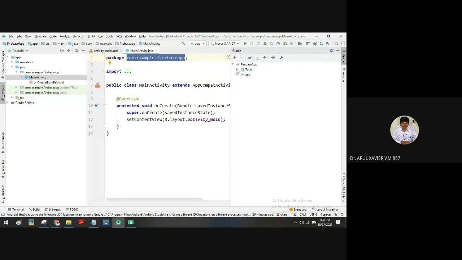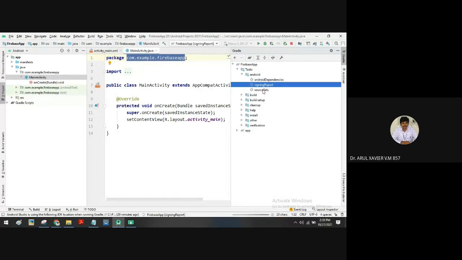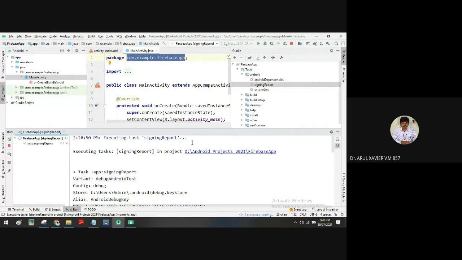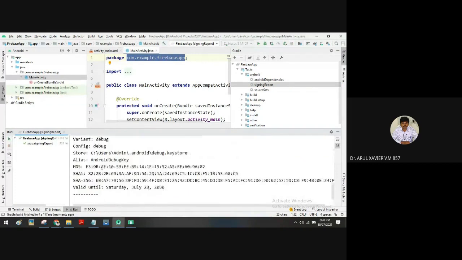Here you have to expand and select Tasks. Inside Tasks, select Android. There is an option called signingReport. Double click this signingReport, and the certificate SHA code will be generated here. See here, you can see the certificate SHA code.